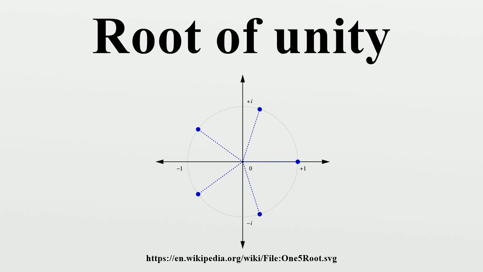In field theory and ring theory, the notion of root of unity also applies to any ring with a multiplicative identity element. Any algebraically closed field has exactly n nth roots of unity, if n is not divisible by the characteristic of the field. General definition: an nth root of unity, where n is a positive integer, is a number